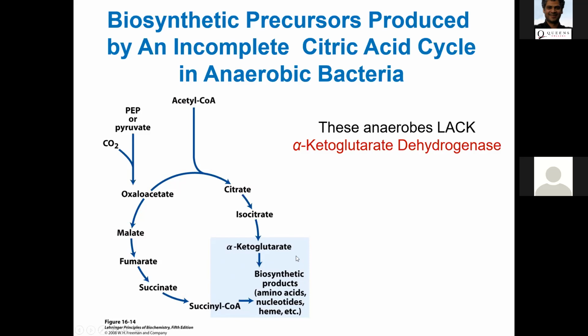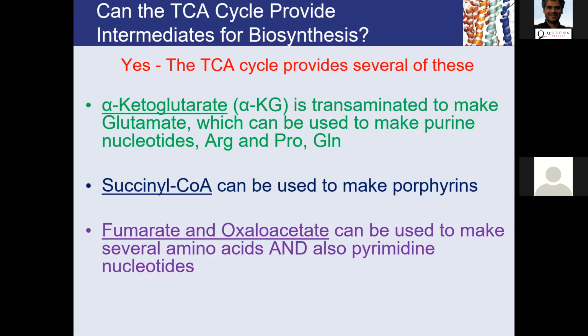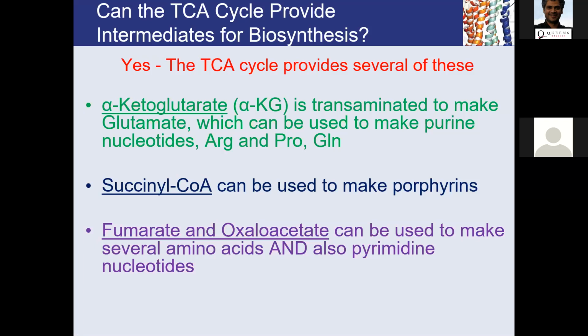So they have purposefully evolved to carry out an incomplete citric acid cycle. So actually they can synthesize important precursors for their survival. Pretty cool, right? Just remove one enzyme. I thought it was a little bit important to give you this perspective, that indeed the enzymes of the citric acid cycle can be utilized in anabolic pathways as well. That was an example, right?